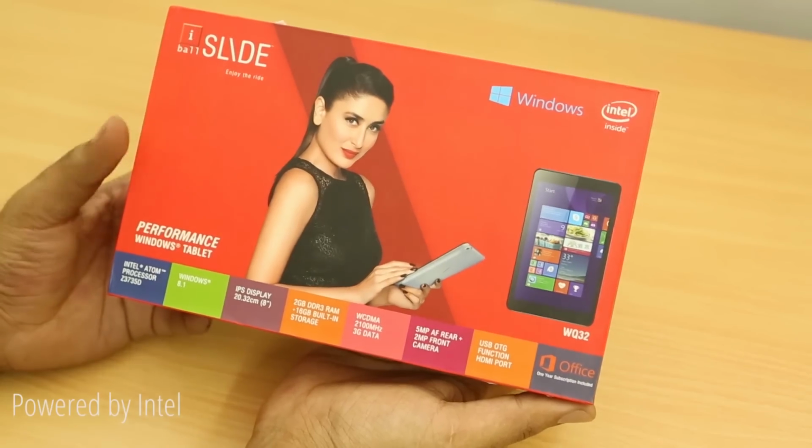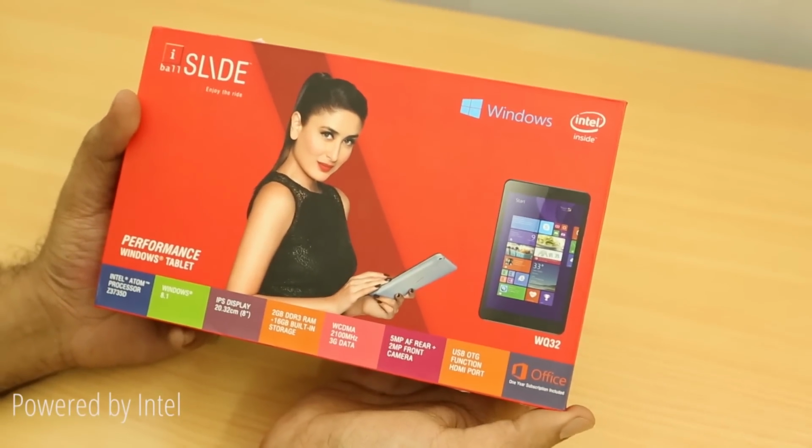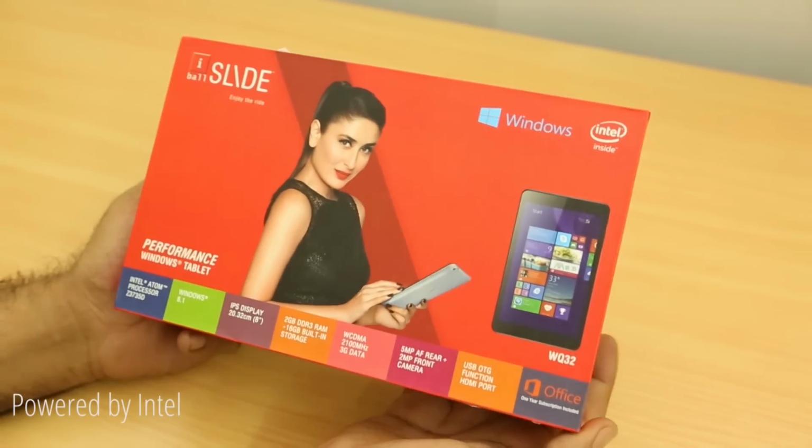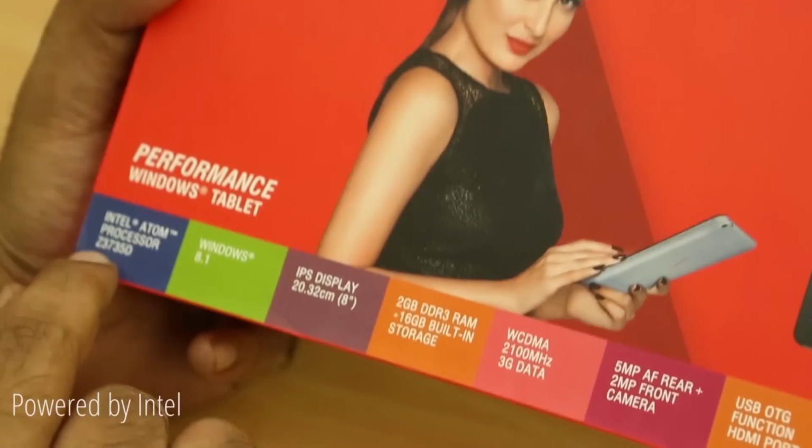So here we have the retail packaging. As you can see, it's Kareena Kapoor on the box here. She's a brand ambassador for iBall now. So you have an Intel processor on the inside. It's an Intel Atom processor